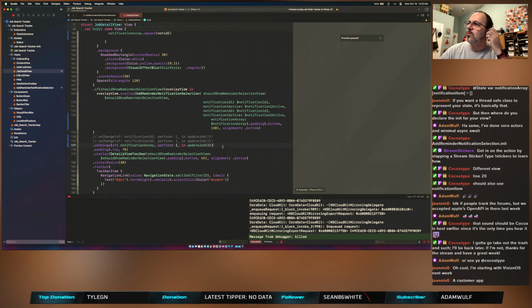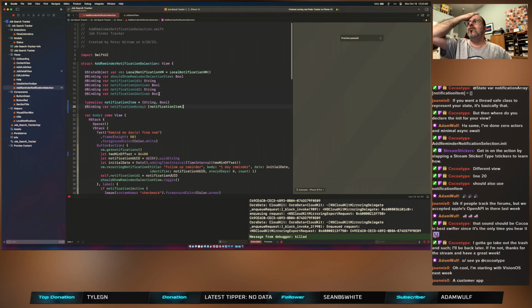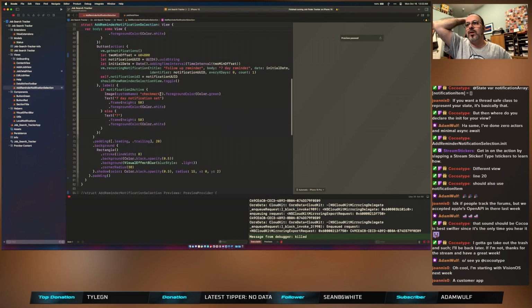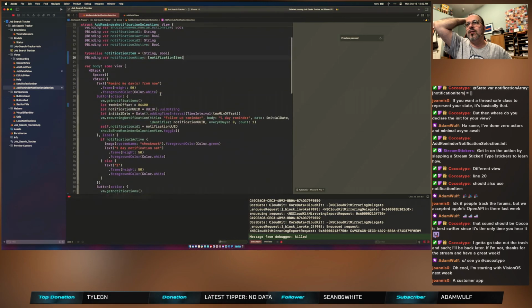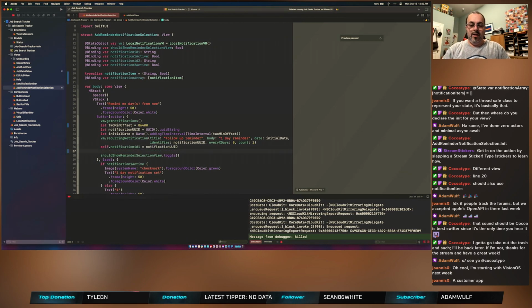Okay. So when that updates, now here's the thing. Over here on the bindings, right? We got these bindings that we're not updating. How can I explain this? See here, we're updating the variable right now. We need to get away from that and update the array to trigger the whole thing, right? So self dot notification